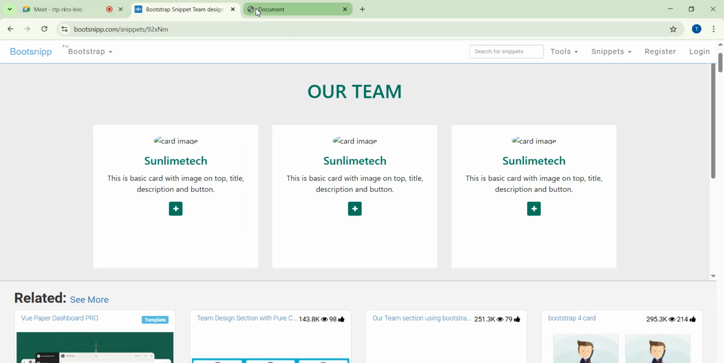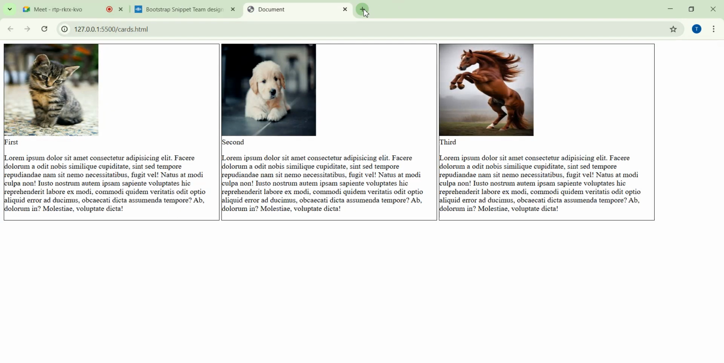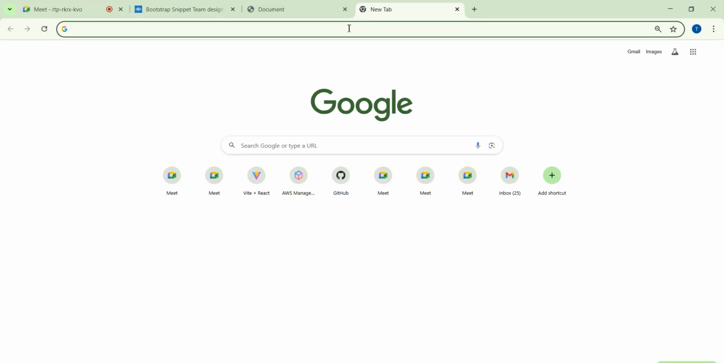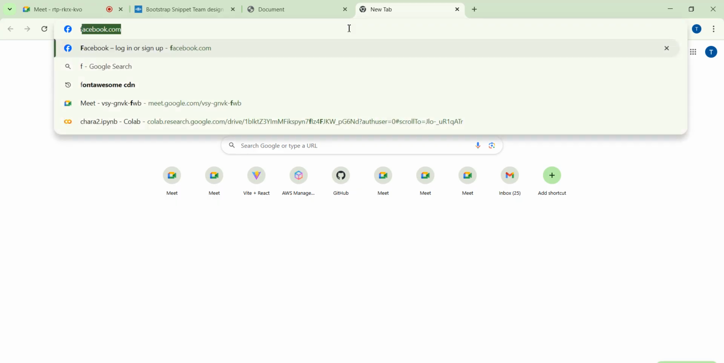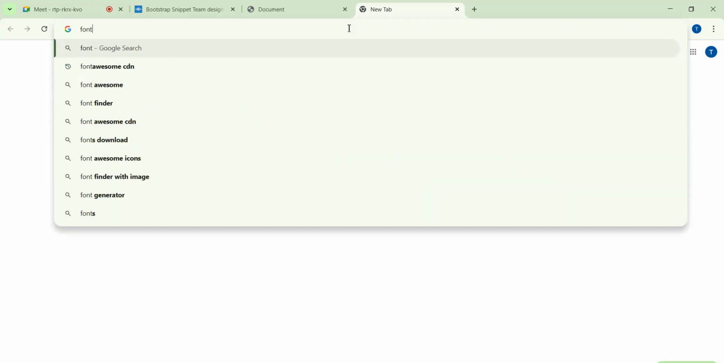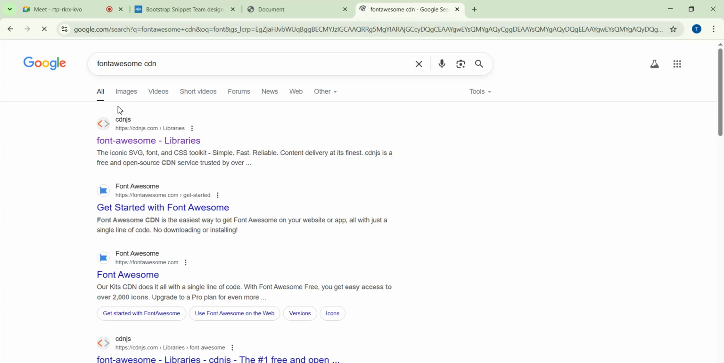So what you can do is this. We come here and you search for something called Font Awesome CDN. Before we proceed, let's talk about CDN. CDN stands for Content Delivery Network. I want some icons, but instead of downloading those icons, because ordinarily, if I want to display the icon on my page,